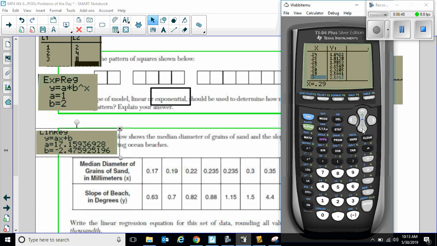So 0.7, okay, 0.9. It's an interesting little mishmash of what to expect. Okay, close to 0.7, a little more. Go 22. 22 is